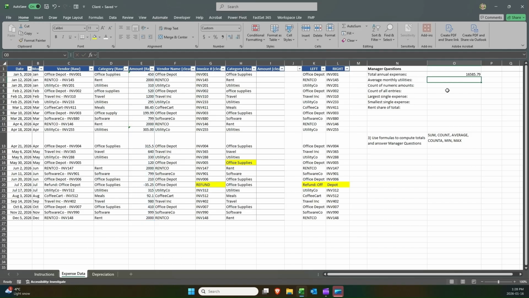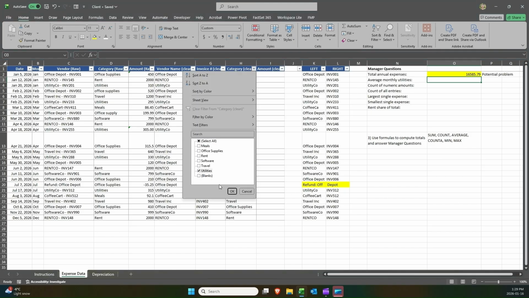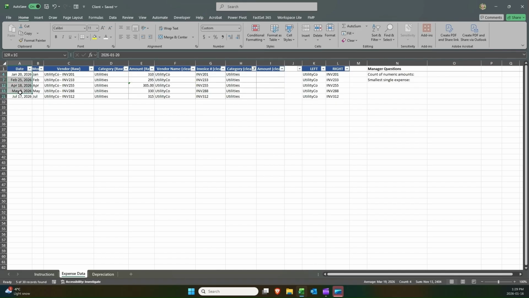All right, so that's the first one, total annual expenses, but I'm going to highlight this because I think there's a problem. Next, the average monthly utilities. All right, so we have our category here. We have utilities, and it exists. It looks like we have 5 utility bills. Now, this here, January, February,